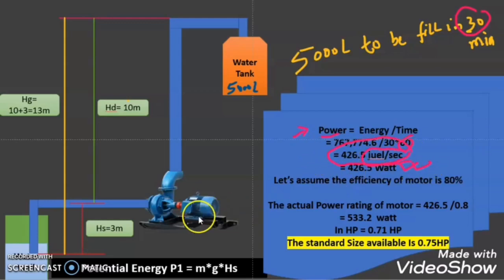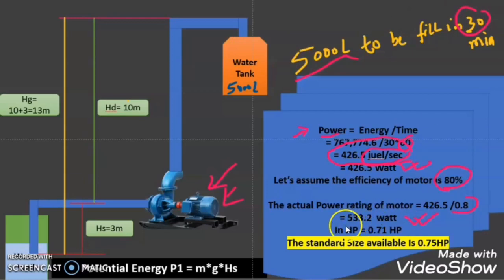So what is the power requirement, the rating of the motor, in order to move the fluid from the water well to the water tank, 5,000 liters in 30 minutes? It is 426.5 watt. But as we know, there are losses in the motor also, electrical losses. So we consider that the motor is 80% efficient. We need to divide by 0.8 in order to get the actual rating of the motor. So it will cover the losses and the requirement for the water movement. So the actual rating of the motor which we require to move 5,000 liters of water from the water well to the water tank in 30 minutes is